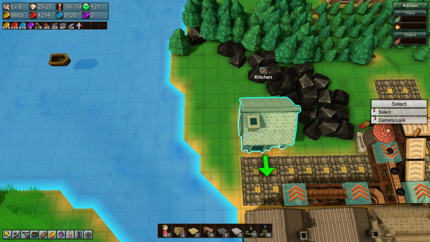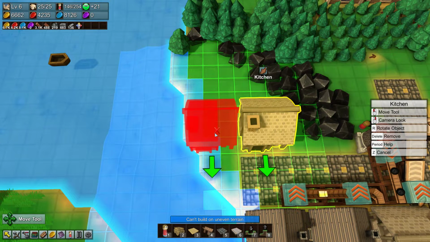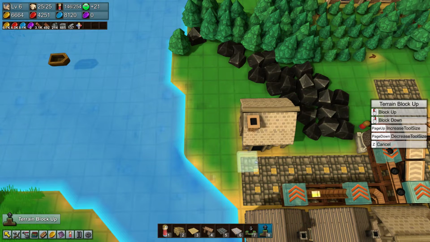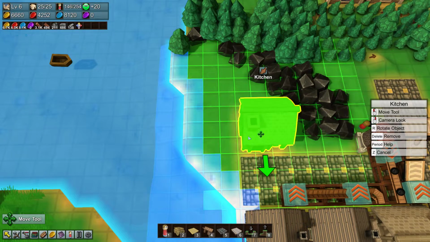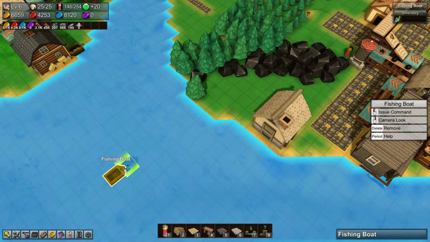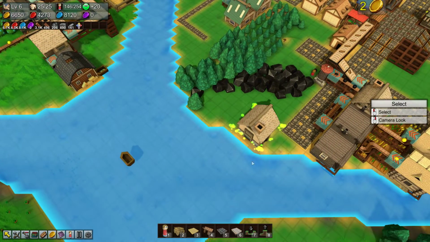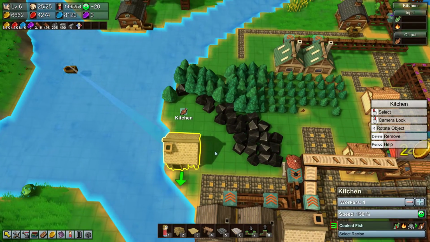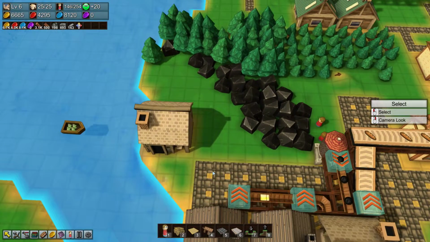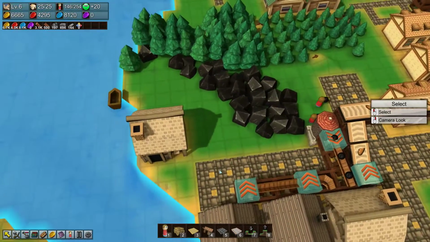And I kind of just want to deliver directly to the kitchen, I'll be honest. Can I move it to there? Oh, not quite. Hold on. Train block up. There. Move it to there. We'll leave space for something else to go there. That means we can literally deliver the fish directly to the kitchen, which I think should be fine. It's got a capacity for like 10 or 20 in it anyway. And that should presumably work. So...